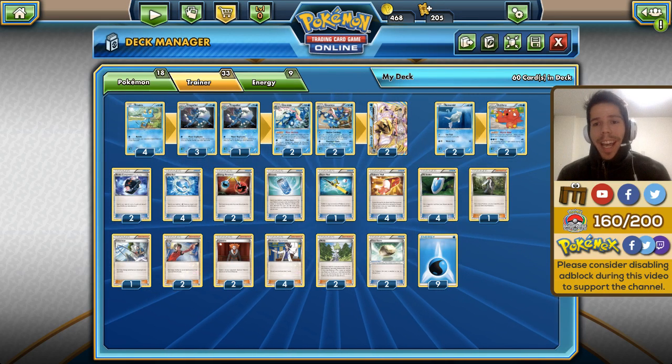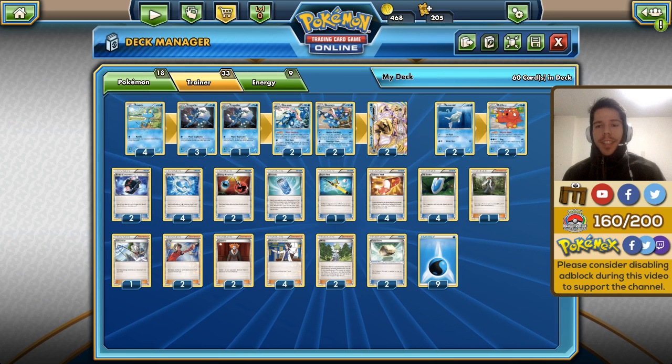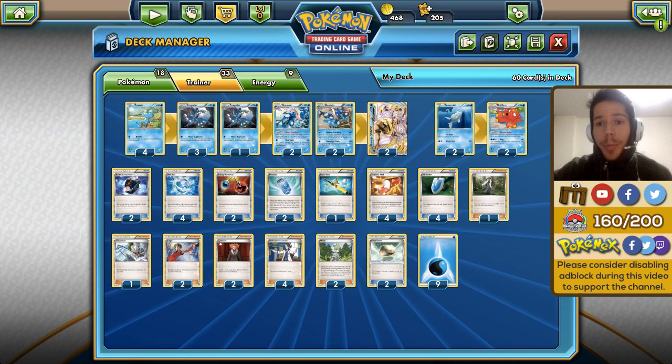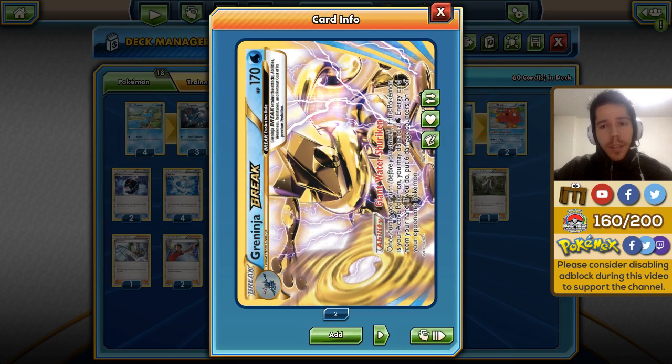Hello everyone and welcome to a brand new week of Road to TCG Worlds 2016, where this week the poll was won by Greninja BREAK. So we are going to be using a Greninja Octillery deck,